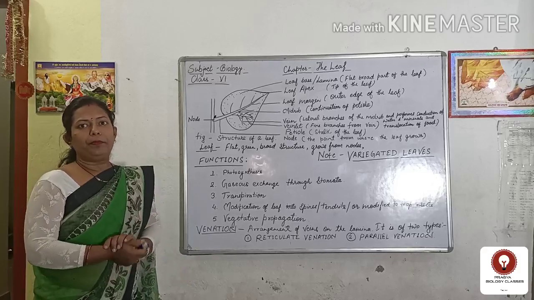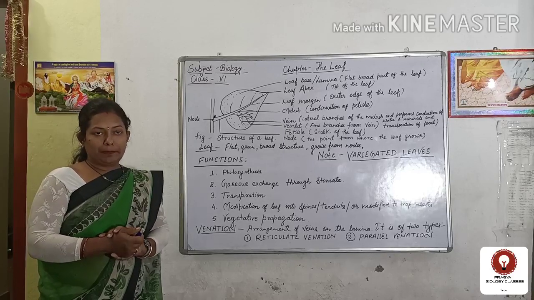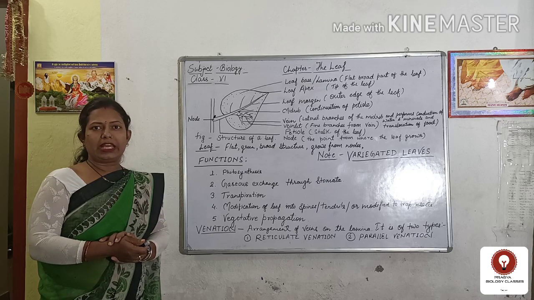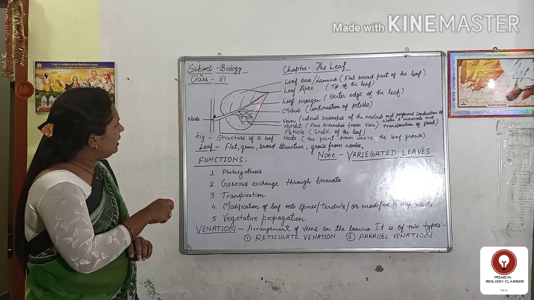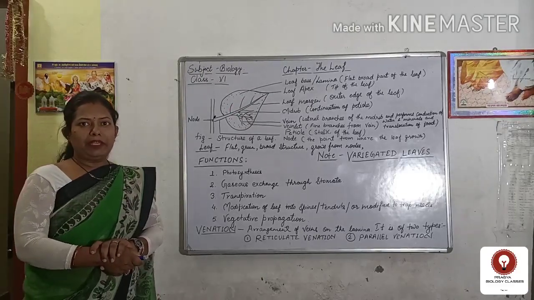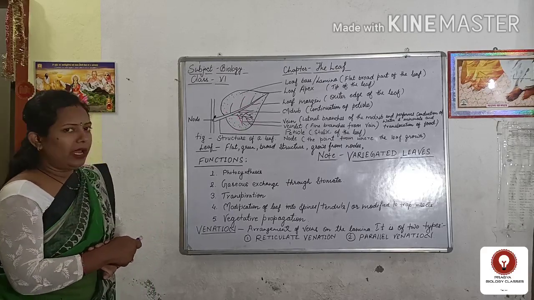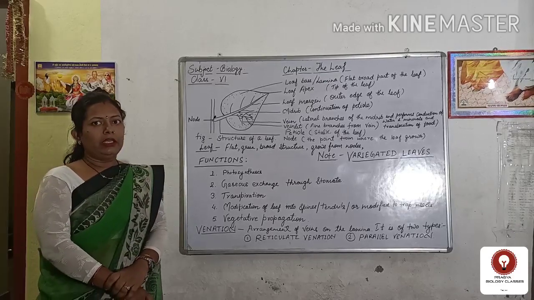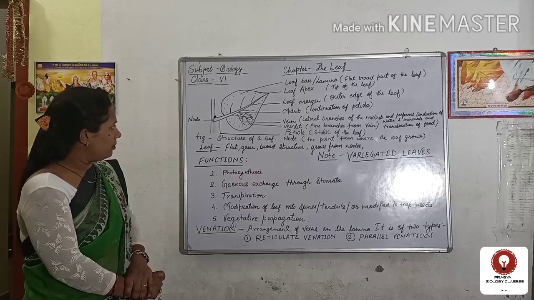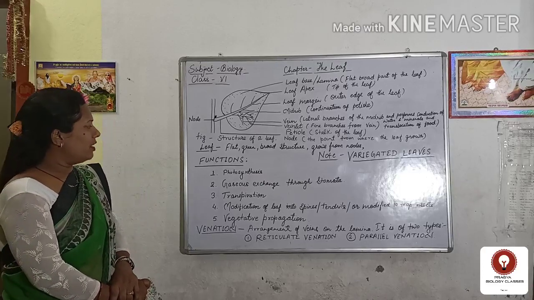As we know, a plant has the capacity to prepare its food, and this process of preparation of food is known as photosynthesis. This photosynthesis is done in the broad green portion of the leaf with the help of chlorophyll and in the presence of sunlight. During this process, the plant absorbs water and minerals from the soil. So we have understood that photosynthesis can be performed in the leaf with the help of chlorophyll. This is the main function of the leaf.